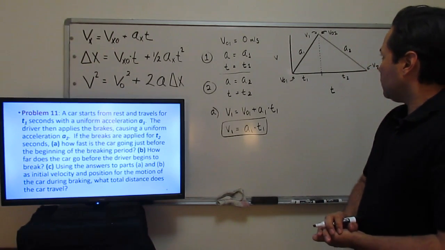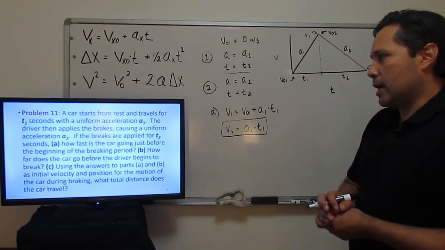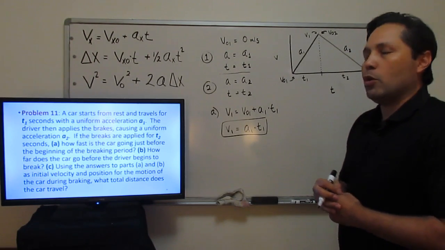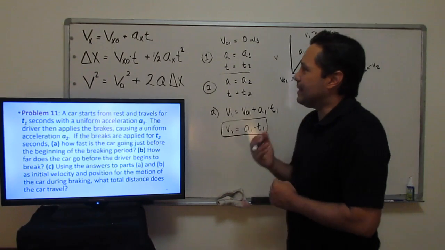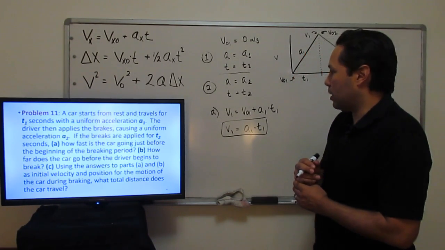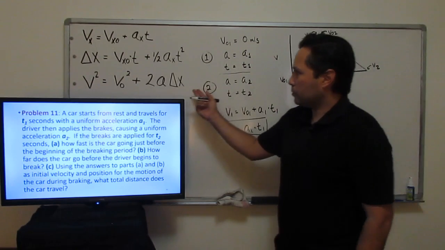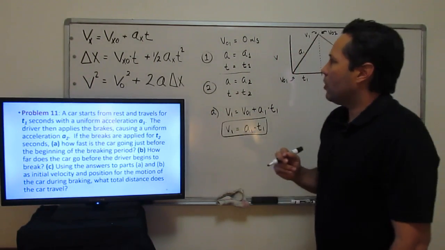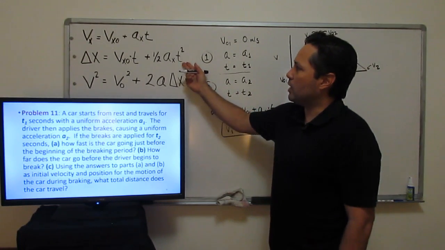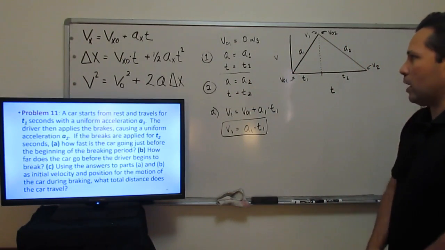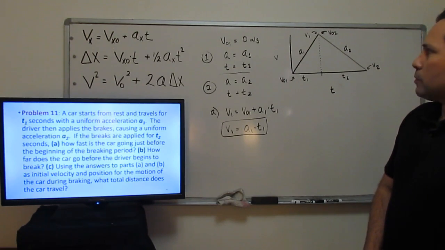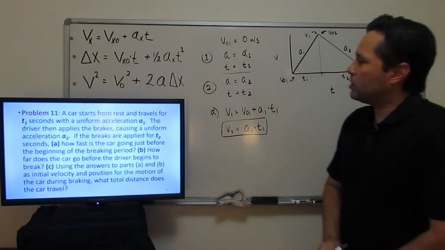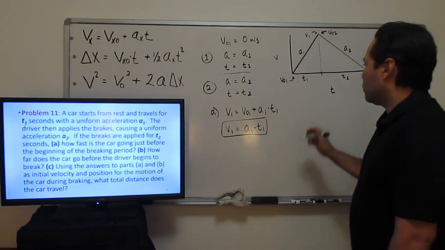And that would be your answer for part A. Alright. Now part B, they ask you, how far does a car go before the driver begins to brake? So the distance. Now they want the distance for this. We're going to use this formula to get the distance, though we could also use this one on top. Let's use this formula, it's a little bit simpler. So for part B,